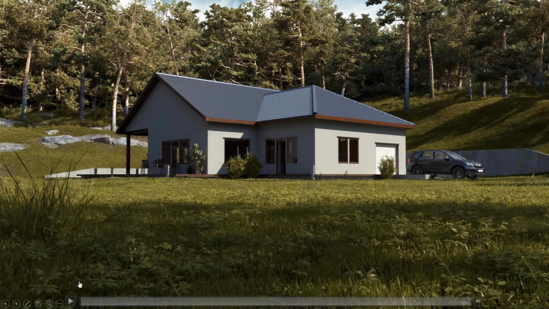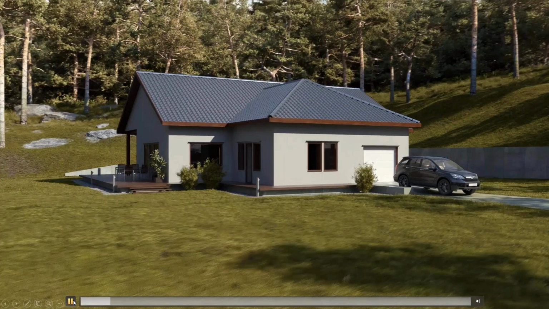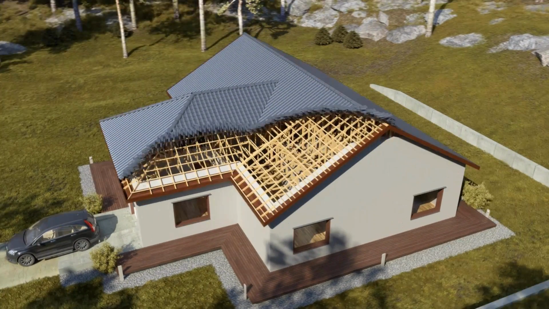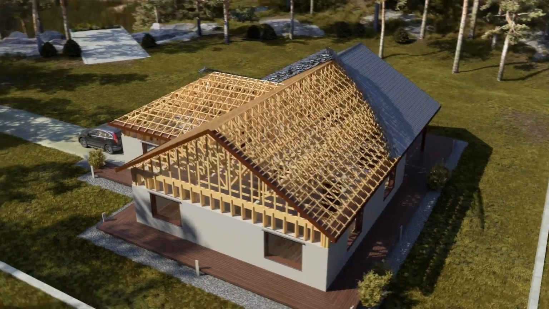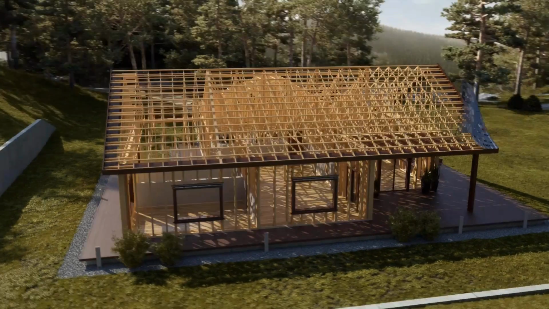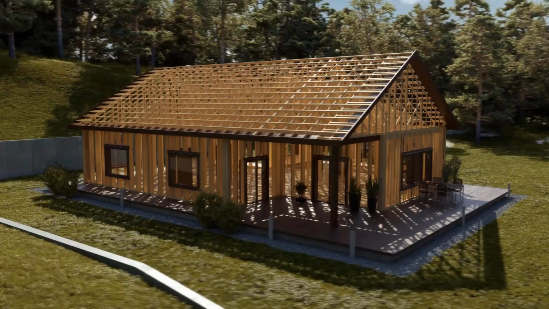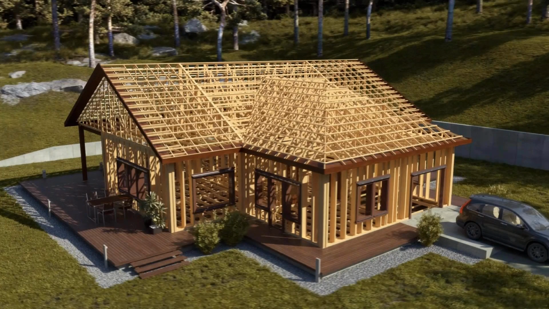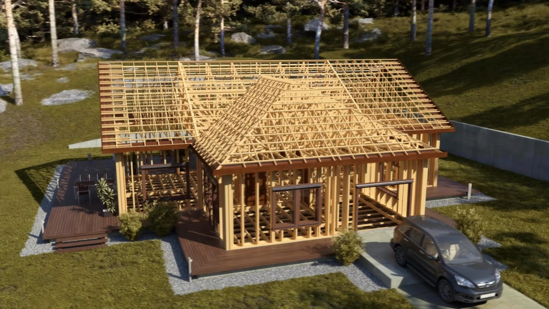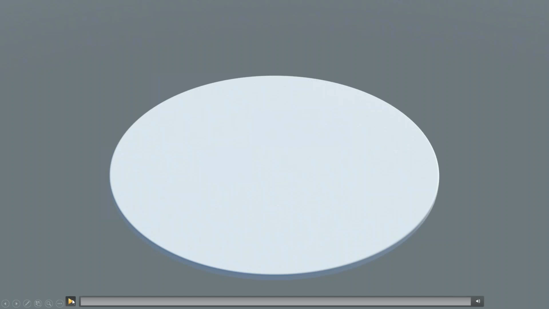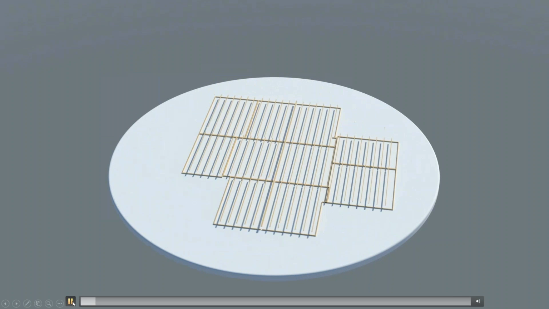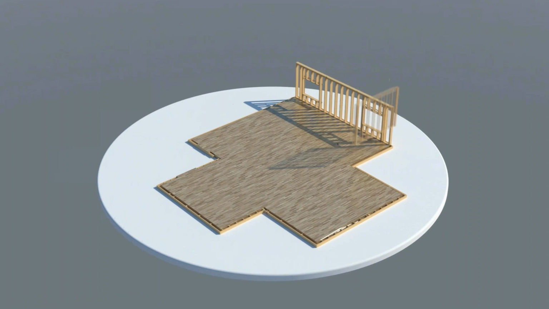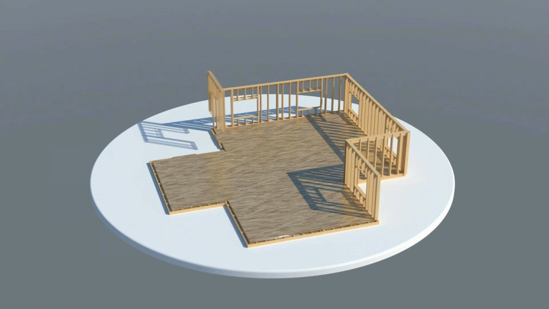This is one of the examples. Actually this is a visualization, but this model was created in Revit, and it was framed using Wall Plus, Floor Plus, and Truss Plus. So all these frames were generated automatically, and also of course we have created the shop drawings for them automatically. One more video, more detailed, about different elements for the same project,